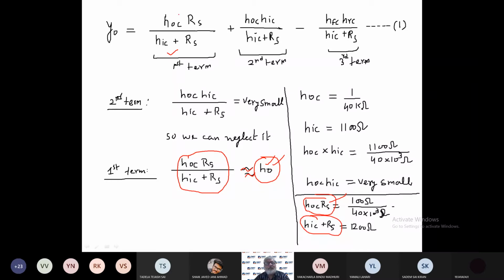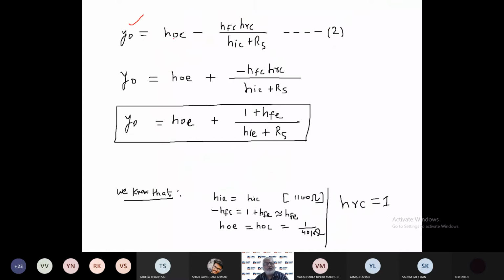So this first term will be represented by ho, the second term will be neglected, and the third term we will keep as it is. So we will get an expression Yo is equal to hoc minus this term,